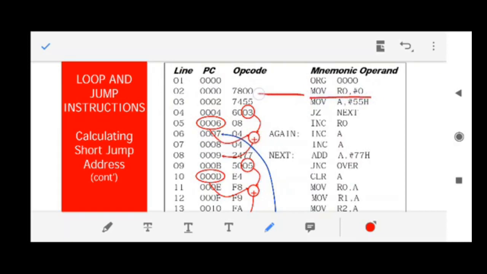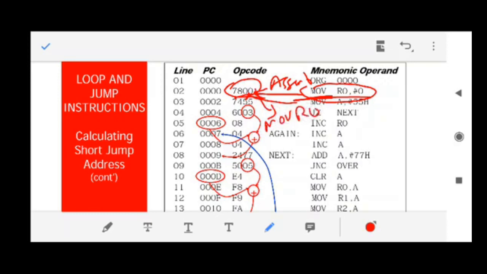So as soon as the machine gets 7800, it knows that 78 means MOV R0 and 00 is what needs to be moved. This is how it is done. So we'll come back to our point.